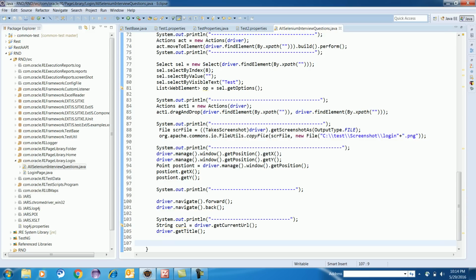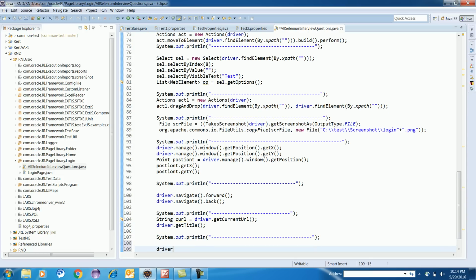Now this is done. How can you count similar objects present on the UI? Very simple.